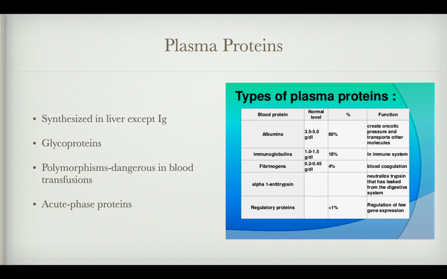So the plasma proteins, there's a variety, and they are all synthesized in the liver except for the immunoglobulins. They are glycoproteins. So remember what glycoproteins are: a carbohydrate attached to a protein. And polymorphisms happen in all of these proteins. It just means that they are unique to the individual, and two, it is a post-translational